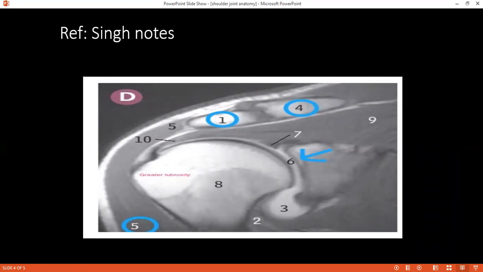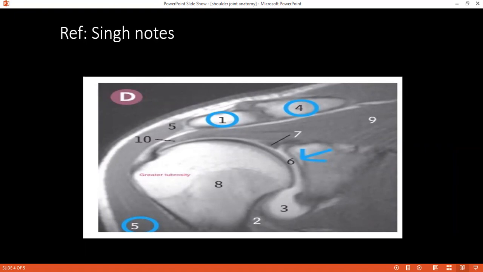Can you please tell me about the axillary nerve? What are the muscles which are supplied by the axillary nerve, and what kind of injury do you expect if the axillary nerve is injured? The axillary nerve arises from the posterior cord of the brachial plexus from the C5 and